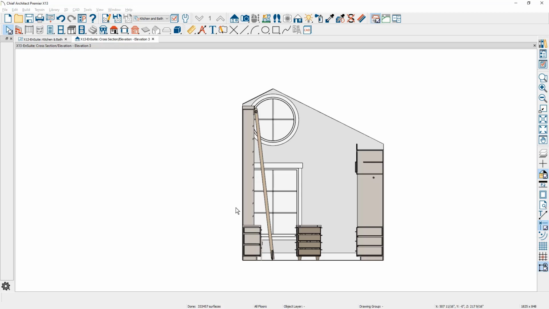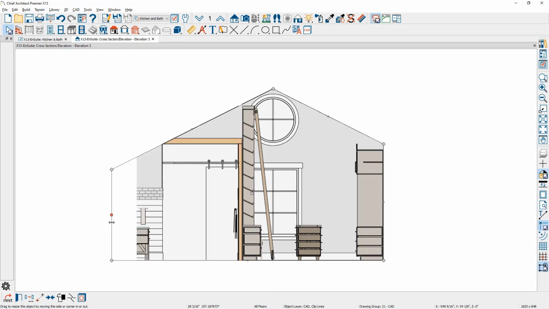With that done, I'm going to click very close to the edge right in here. We'll pull it out so that I know it's past the section of the bath area, and then we'll clip that in. Then I'm going to use the number 3 or the break tool on my keyboard and put a break right in this area. Then I'm going to pull this up until it's parallel or so. And then I've been able to use that clipping tool to generate the view where I have a flat ceiling in this area, part of a vault in the bathroom area, and then of course the closet also has the